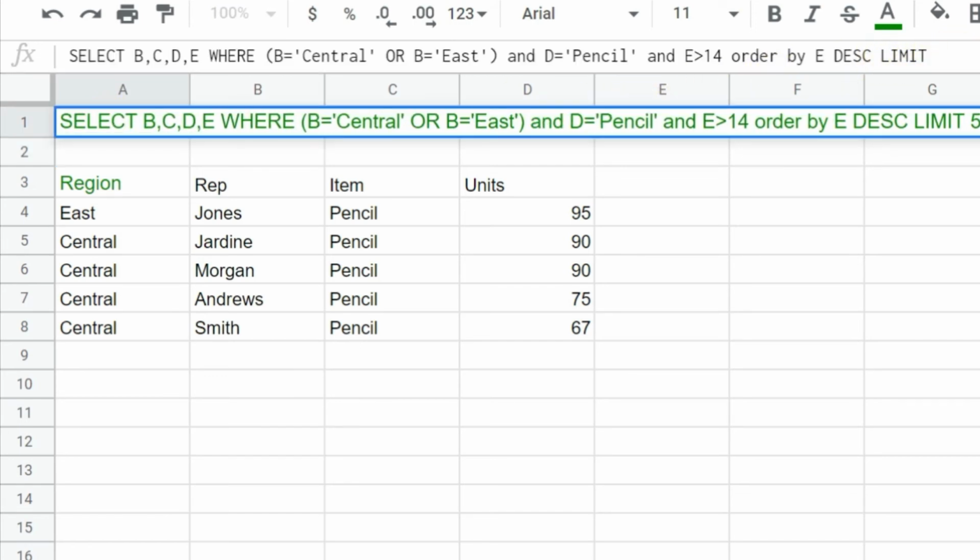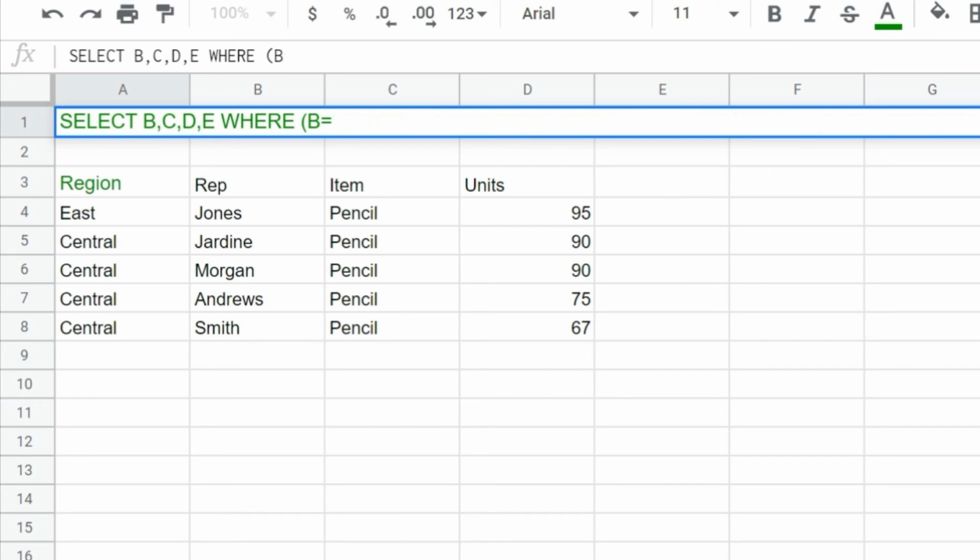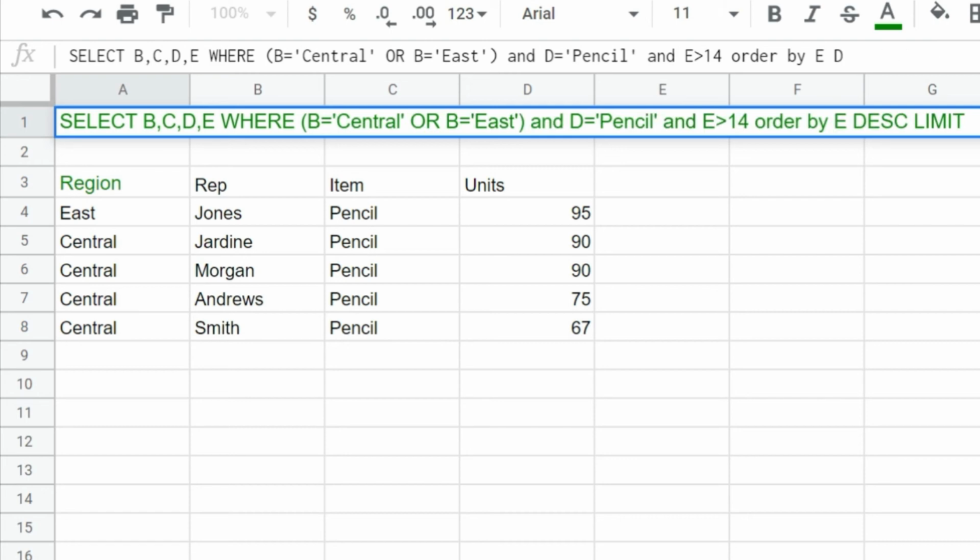Now I'm going to tell you something about the like operator. Let's say we keep the first condition where B is central or east, and we'll put the like operator.